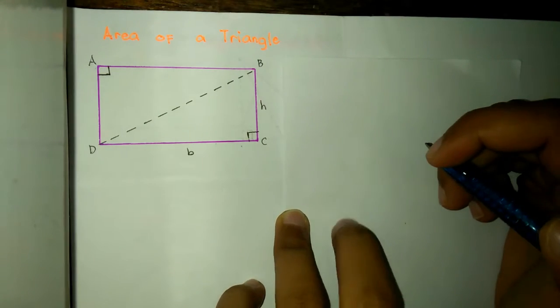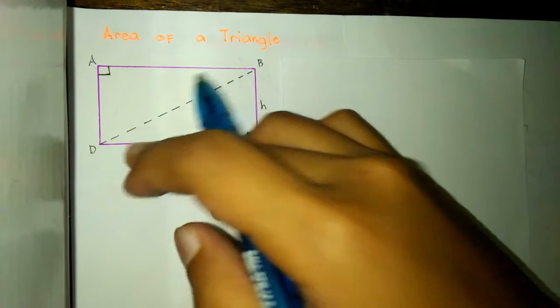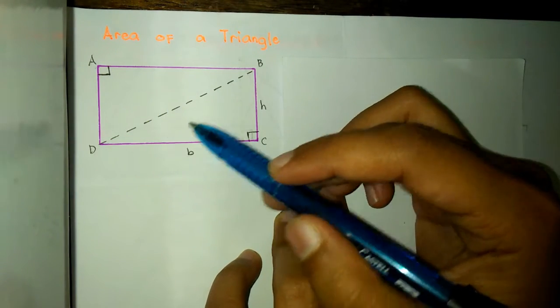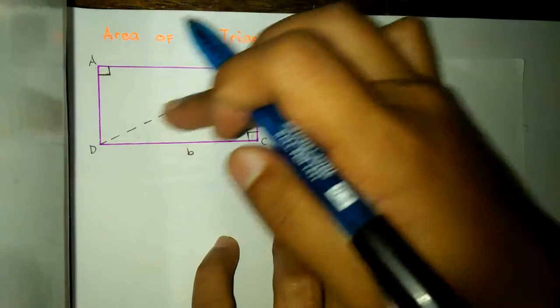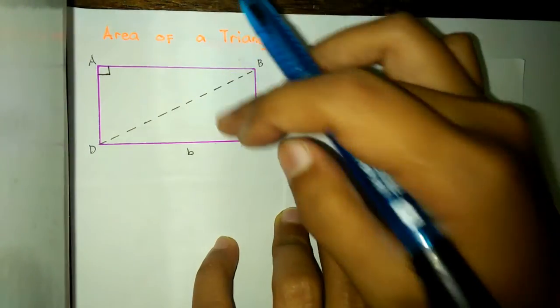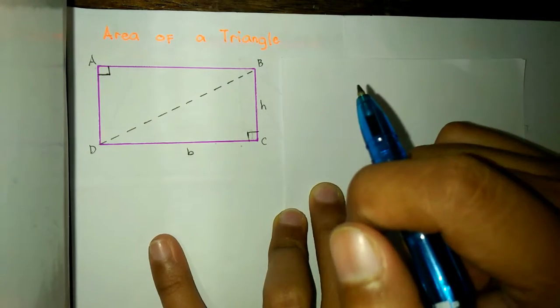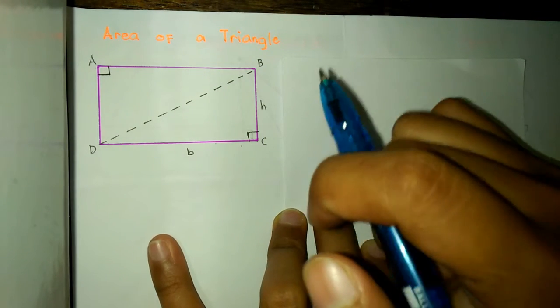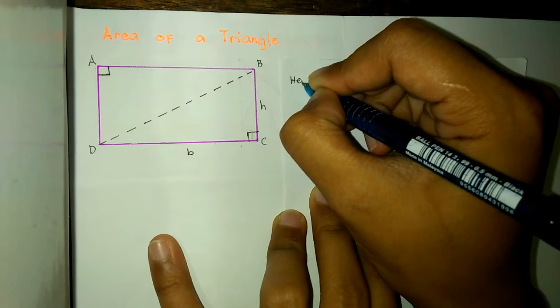The area of a triangle. Consider rectangle ABCD. Notice that a diagonal drawn on the rectangle divides it into two congruent right triangles. So these two triangles have equal areas, and the area of each triangle is 1/2 that of the rectangle. Hence,